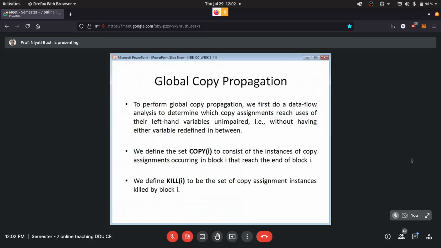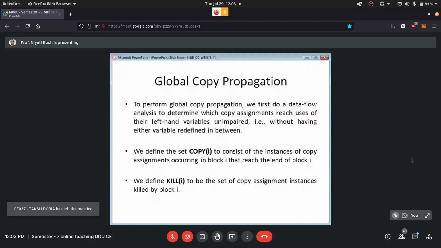Unimpaired means its value is not getting changed in between. For this, we have to maintain two sets, copy and kill. You will be able to relate this copy set to available expressions. Because this is copy propagation, we name the set as copy. Otherwise, you will see that the technique is quite similar.